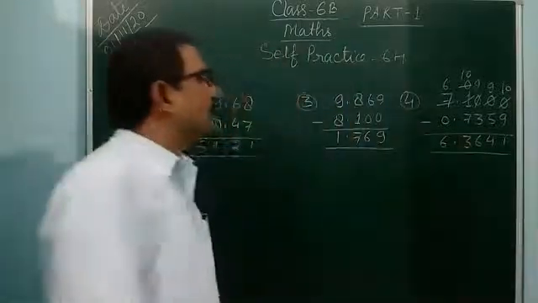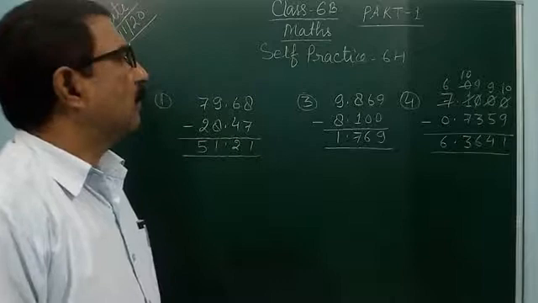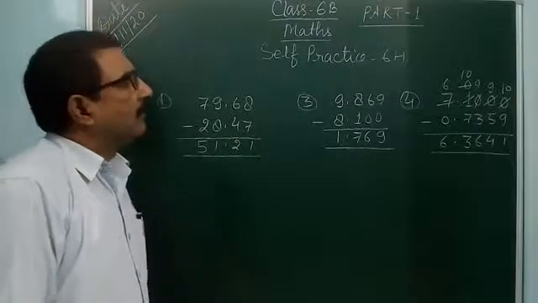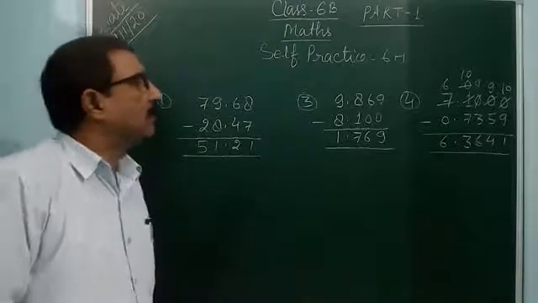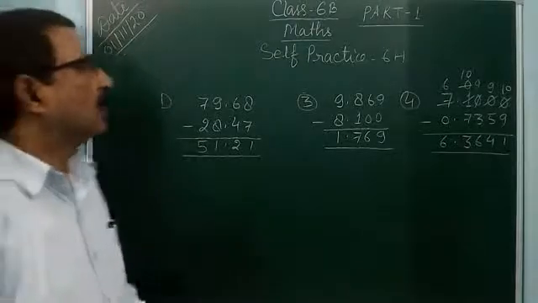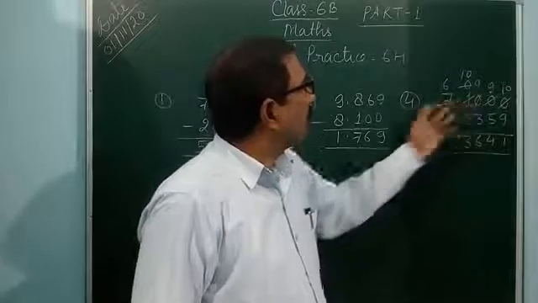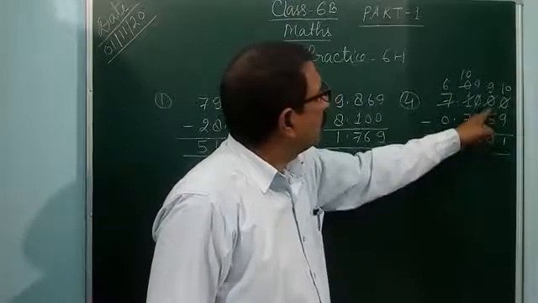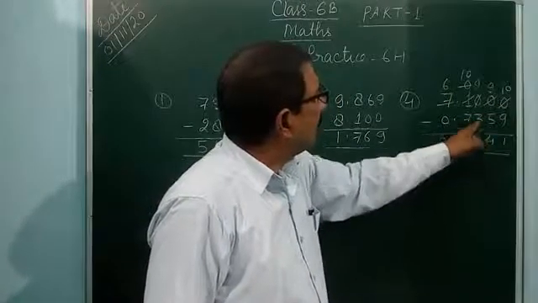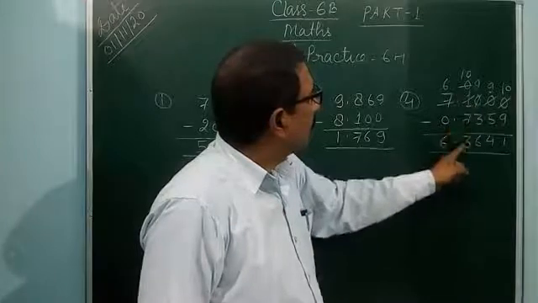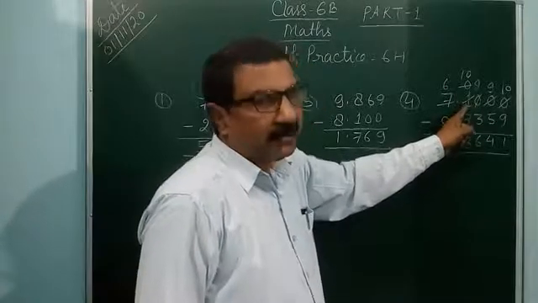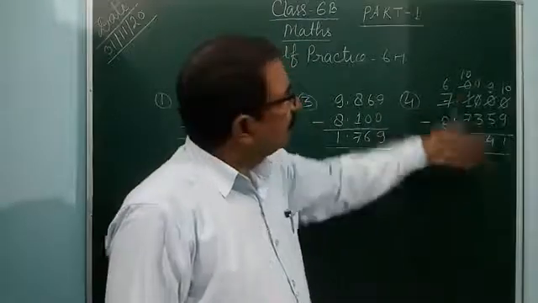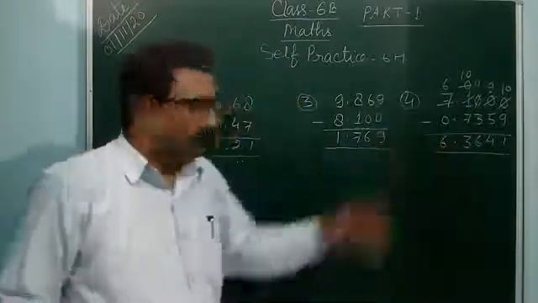So 7.1 minus 0.7359 gives 6.3641. You can add together to check, then you can get this one. See, 9 and 1, 10, 0, 1 carry. 5 and 4, 9, and 1, 10, 0, 1 carry. 6 and 3, 9, and 1, 10, 0, 1 carry. 7 and 3, 10, and 1, 11, 1 here, 1 carry, and 6 and 1, 7. In this way you can check the answer.